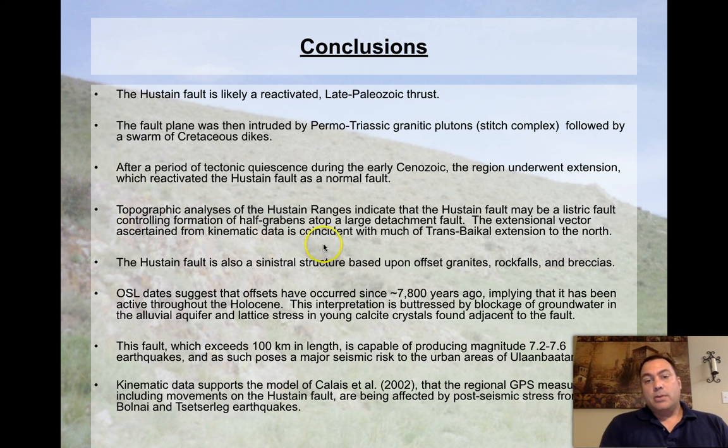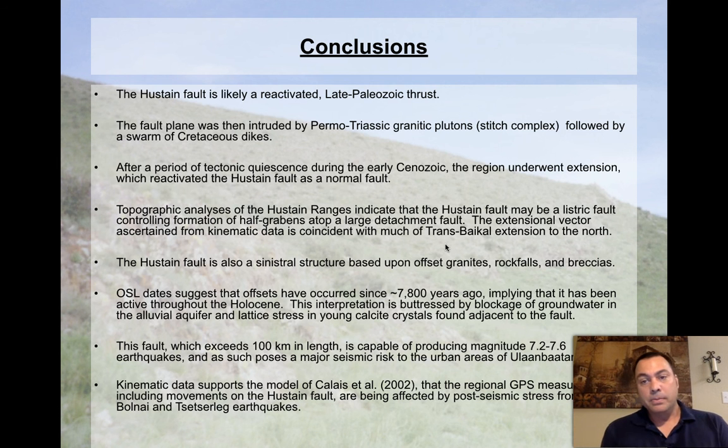Topographic analysis of the Hustain ranges indicates that the Hustain fault may be a listric fault, controlling formation of half grabens atop a large detachment fault. So there's a big regional structure underlying the entire area. I believe that there's tremendous evidence for this, and I think that we, as geologists in general, need to go out and ascertain what the real structure is, the master structure that underlies all of